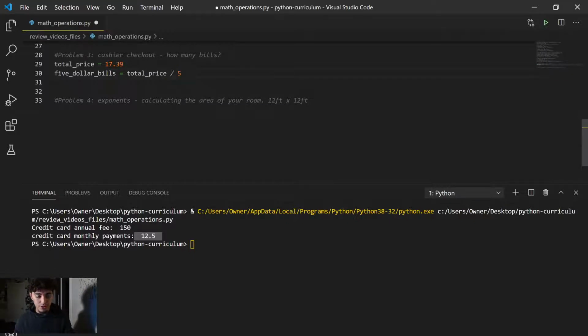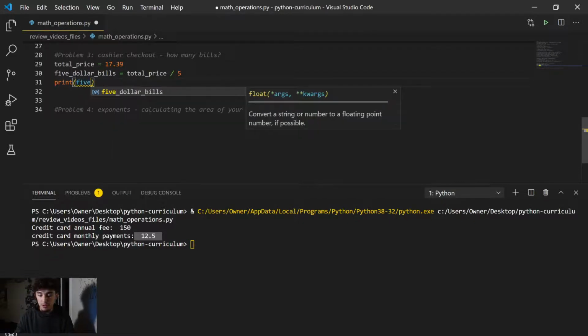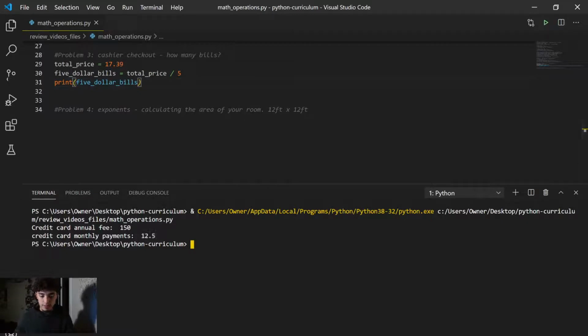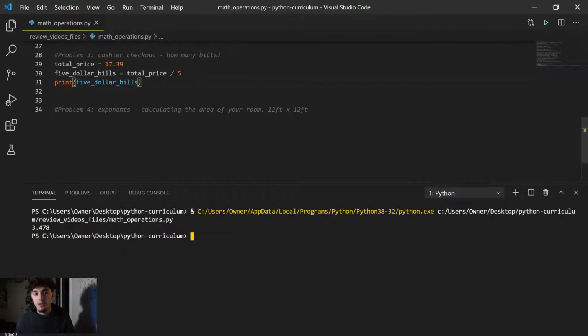So see, if we just divided it by 5, and I'll go ahead and print this out so we can see it. We're going to print out the amount of $5 bills, and this is going to give us some decimal point, right? Because we're doing $17.39 divided by 5. So it's giving us 3.478, but we don't want that 478. We just want to know, okay, we need 3 $5 bills. So instead of dividing like this, we actually want to use integer division, and what that's going to do is it's going to divide,